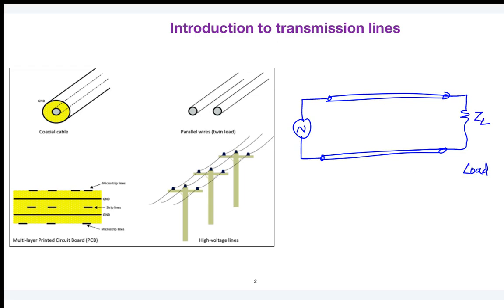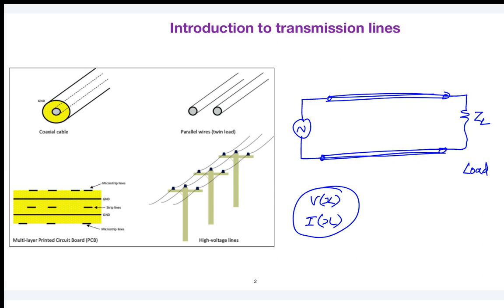Now the first question here: if I want to analyze how the voltages and currents are going to propagate in this transmission line. As I said, in the case of a distributed line, the voltage is a function of distance and the current is a function of distance. Now, if I want to analyze what the equations are, or how the voltage and currents fit in a transmission line,